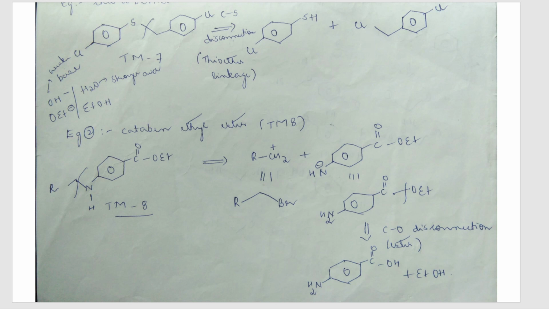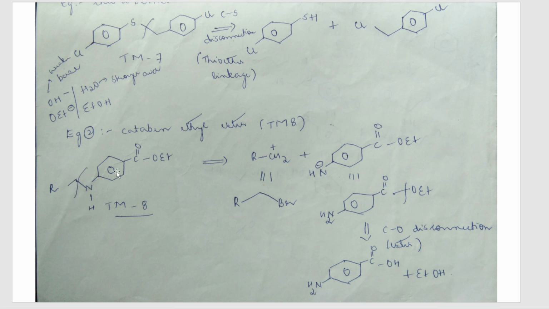Let's see one more example based on this guideline. One more example of catabin is shown here. Now see, here you have a heteroatom that is nitrogen, so it's better for you to disconnect next to the heteroatom. If you disconnect, you can tell that next means I can disconnect over here also. But remember guideline number 1, if I disconnect over here, your reverse reaction will not be workable, okay, compared to disconnecting over here. So you will analyze that way, and it is best to disconnect over here.